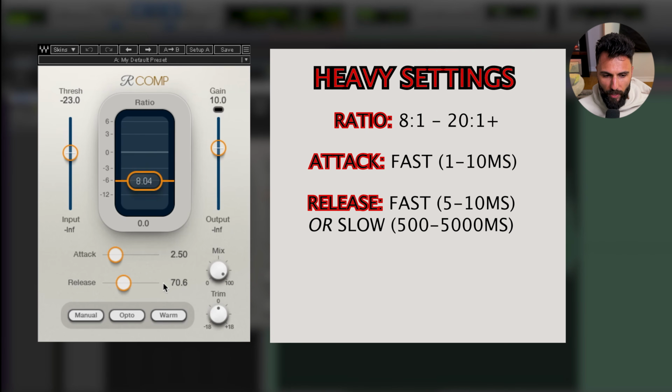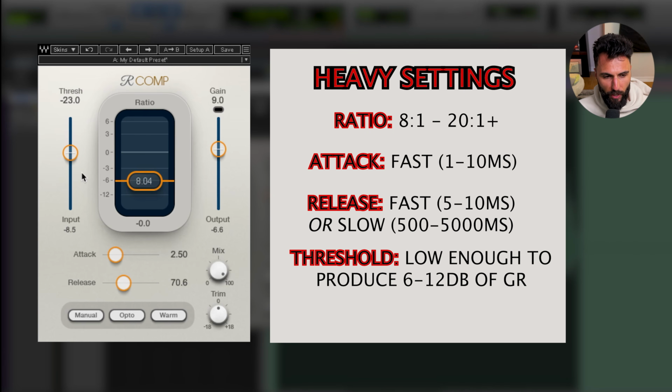I'll typically start my compression that way, but eventually bring it to a faster setting to produce a bit of a snappier result that sounds smoother. Now, in terms of the threshold, this is again always going to be unique based on the material, but you can see I have this set to around -23, which is just slightly lower than the previous examples. And of course, I'm doing this to produce a very specific amount of gain reduction. Typically with heavier compression, I'm targeting at least 6 dB of gain reduction, but upwards of 12 dB depending on